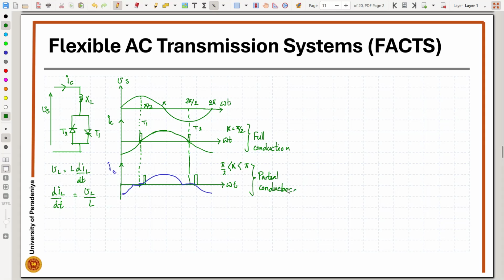So this is partial conduction. We can have the zero conductance when you provide the signal at 5 and 2, 5. And at this point, if you consider IC, it is going to be